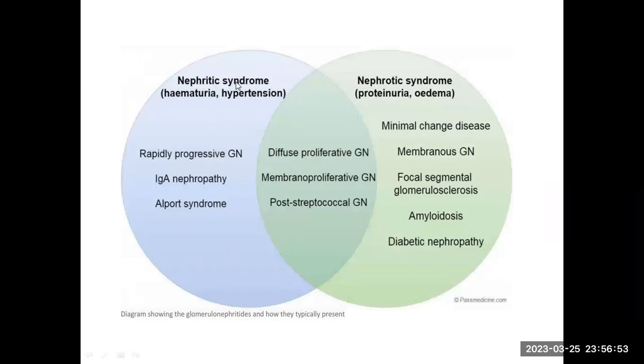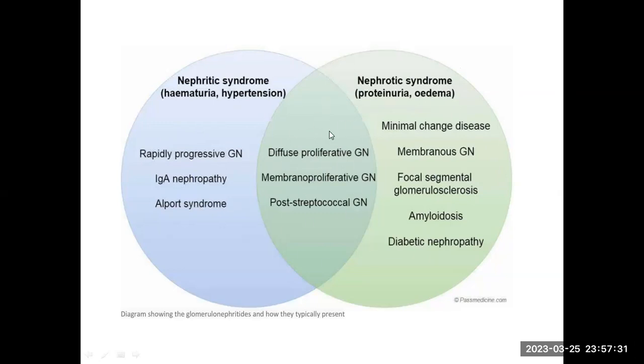This picture diagram is showing the different clinical presentations with the different morphological types that we talked about. As you can see, certain types will present with nephritic syndrome, certain types will present with nephrotic syndrome, and there are types which will present with a mixed nephritic-nephrotic picture. Those that present with nephrotic syndrome include minimal change disease, membranous, focal segmental, amyloidosis, and diabetic nephropathy. Those that present with nephritic syndrome include rapidly progressive, IgA nephropathy, Alport syndrome, and